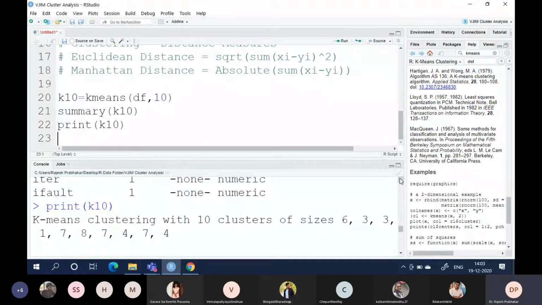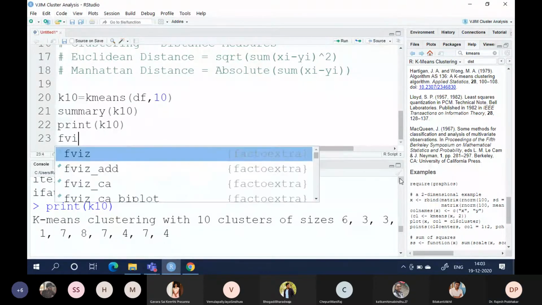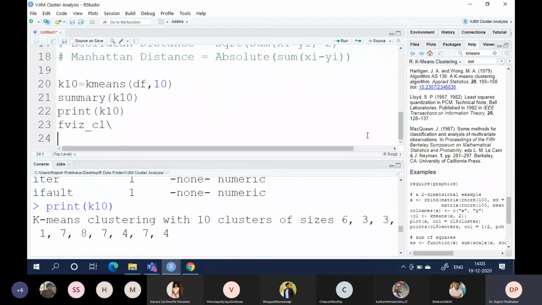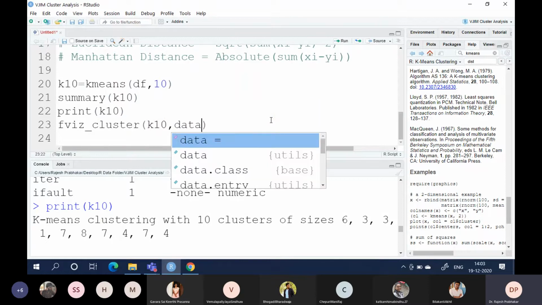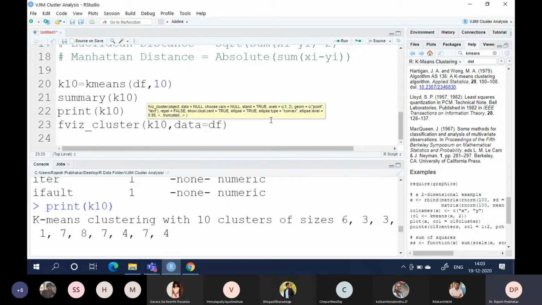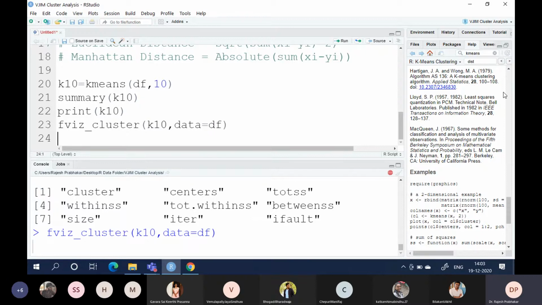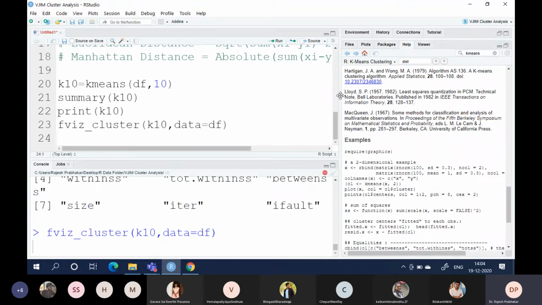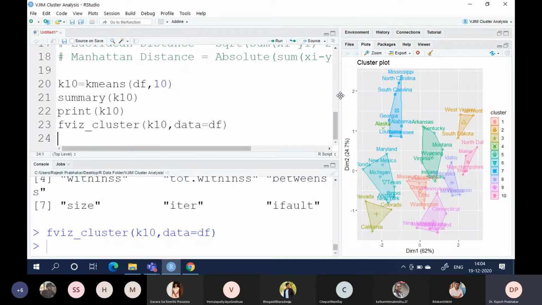Now fviz_cluster, K10, data is equal to df. So these are the 10 clusters.